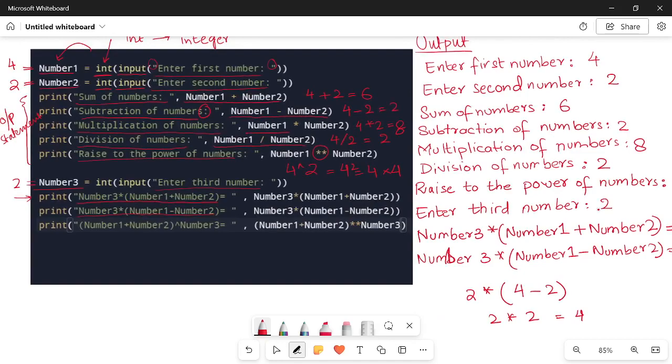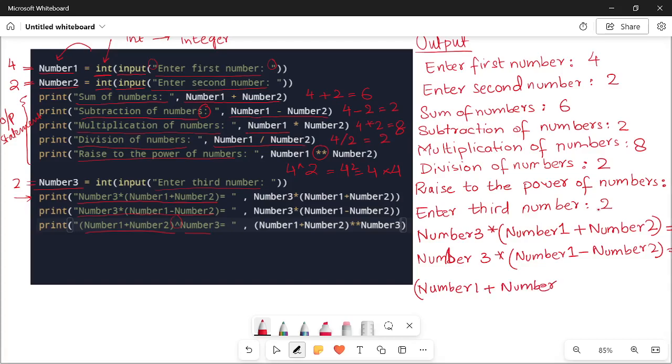In the last one, number 1 plus number 2, it is the sum, and then there is a raised to the power cap, and after that it's number 3. So I'm going to tell you how we can do that. Okay, first I'm writing the display message to the user, or the text that will be displayed as it is. Number 1 in brackets, this is telling what is actually being done. Number 1 plus number 2, then cap number 3. So let's calculate this, equal to,